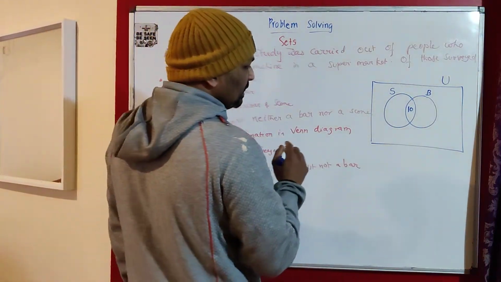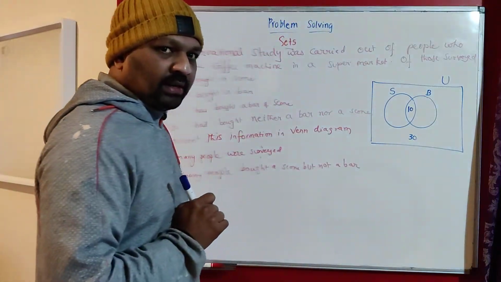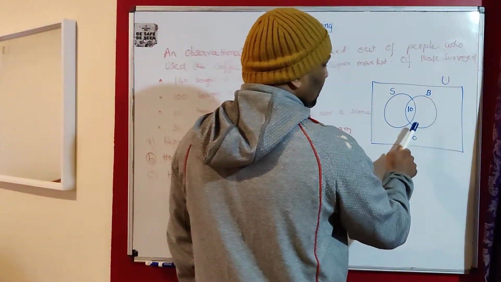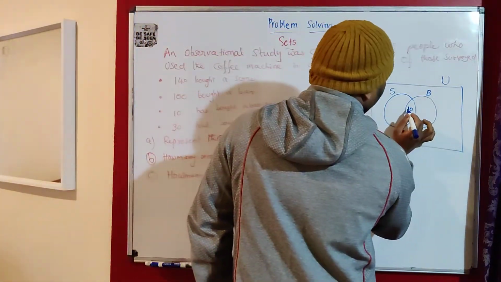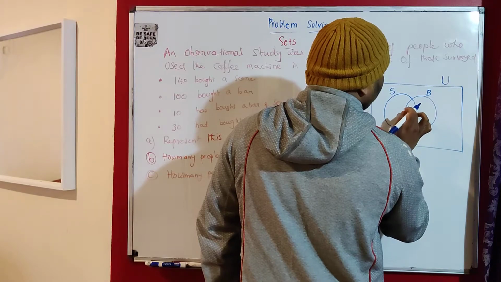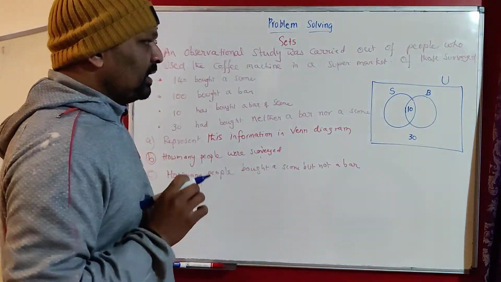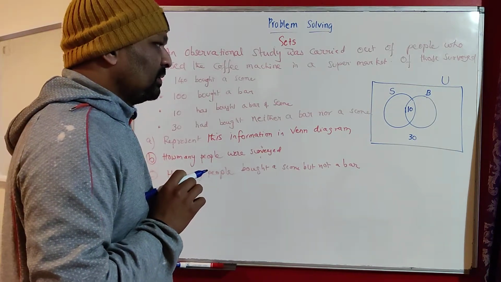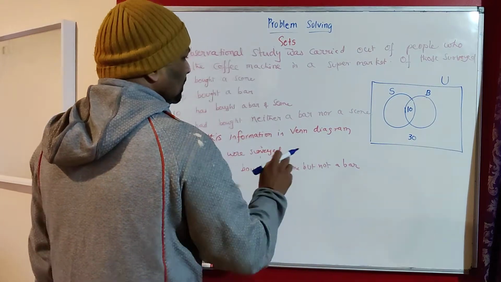So they did not buy anything, and that's why they should be outside. These are numbers of elements. 10 is not an element. If it were an element, I would have represented it with a dot here. Rather it is the number of elements, so I simply put a number there. That's not an element, remember that. So that I filled.